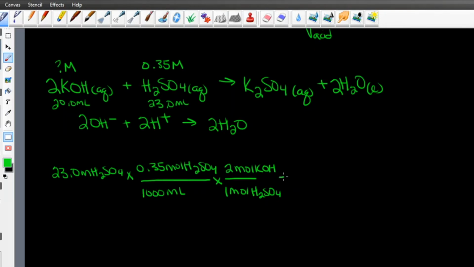And okay, I'm going to stop here at moles of KOH. So all I'm doing here is going from volume of acid to molarity of acid to moles of base that were neutralized by that acid. So if I know how much base was in that aliquot or that sample, I can calculate its molarity. So let's first get the moles of it. 23 times 0.35 times 2, divided by 1,000,